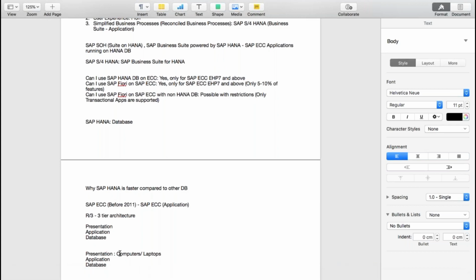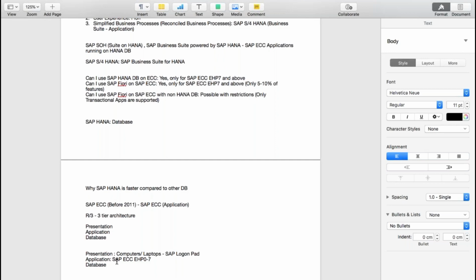We connected through SAP logon pad; it is only possible to connect to SAP ECC using logon pad. The application we were executing was SAP ECC EHP 0 to 7.